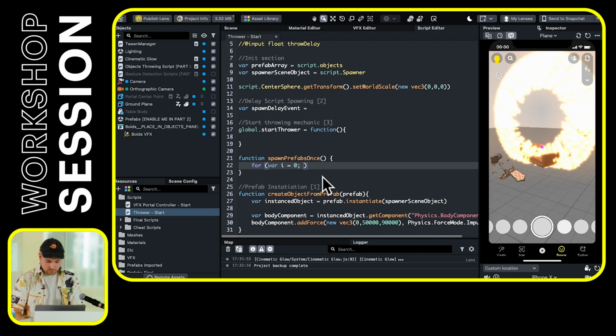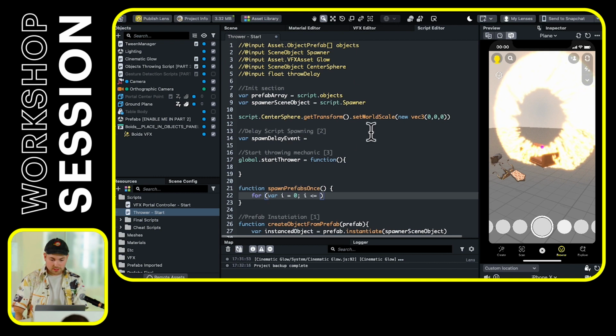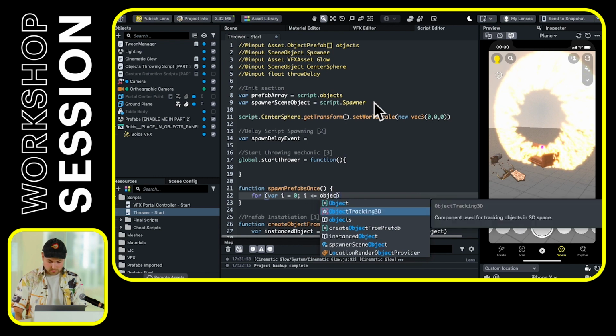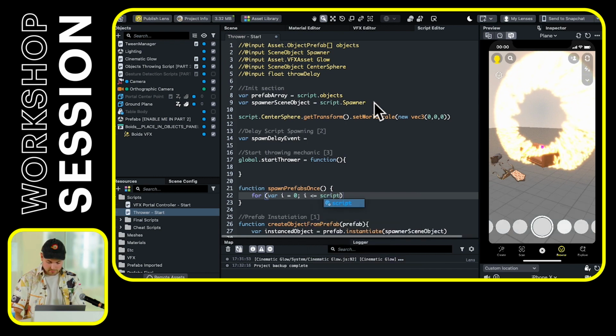Then we want to do i is less than or equal to, and we're going to get the objects array, sorry, and put it right here. So we're going to do script.objects.length,